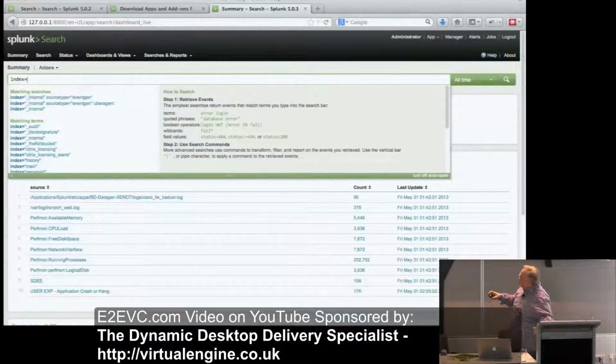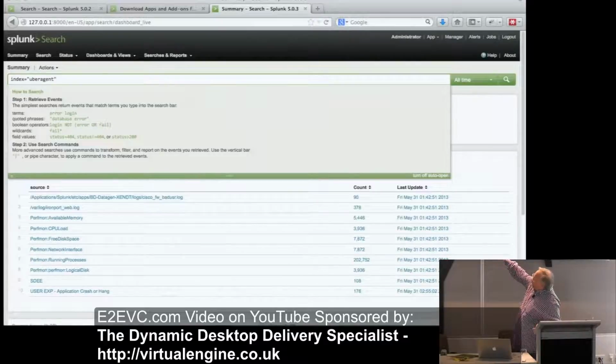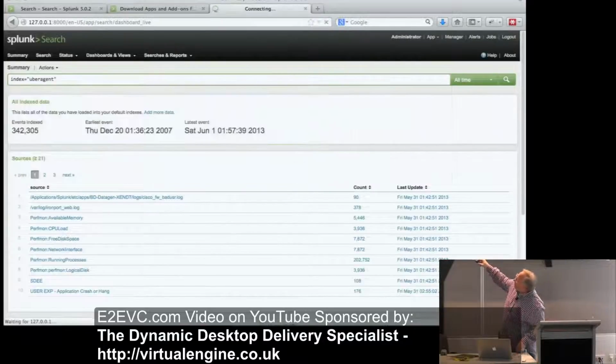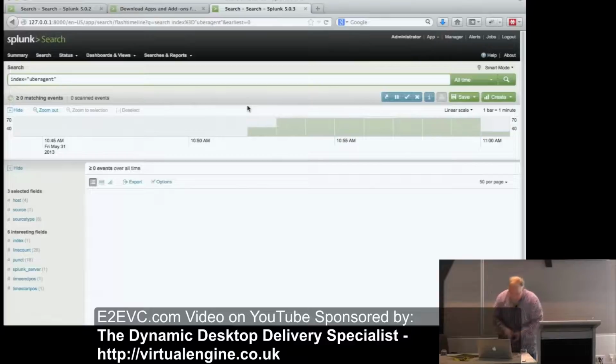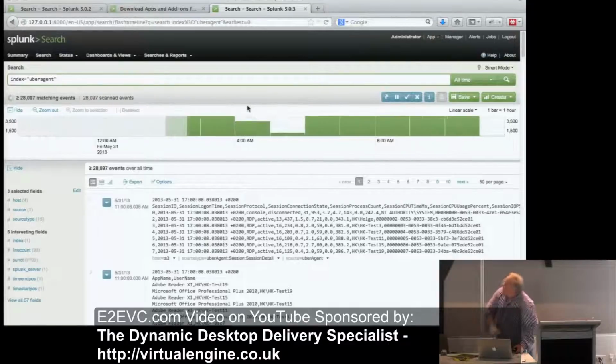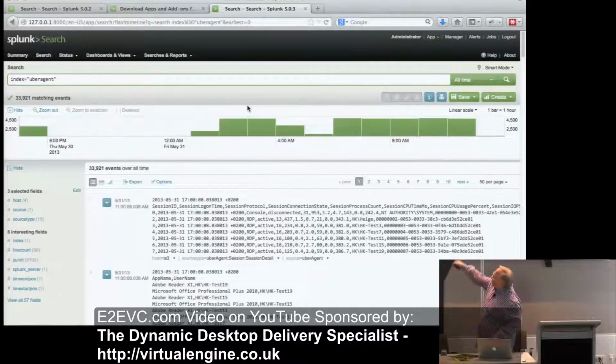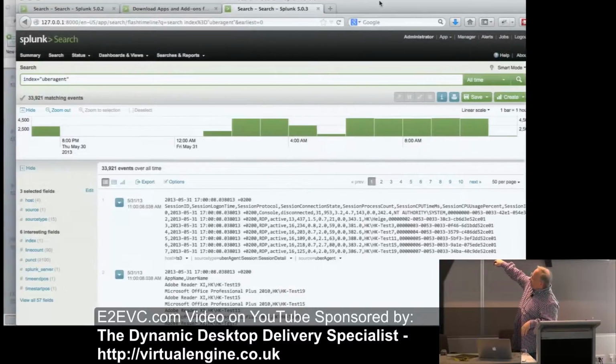But what I want to show you over here is this thing right here, and you can't really see it, the screen's off a little bit. You'll see over here where it says there are 6 interesting fields, and 3 selected fields. Basically it's saying we looked at this data and saw some things that look consistent across the different records, like time positions and time startup position. But you're also going to see all the fields.